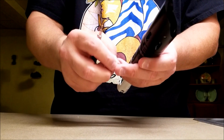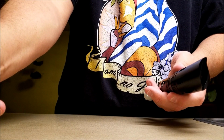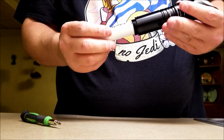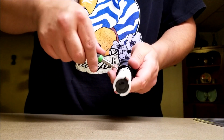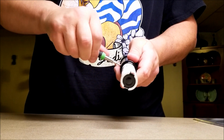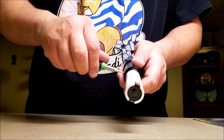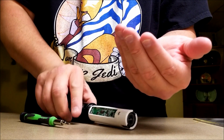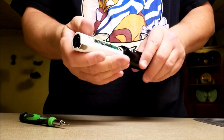I finished removing this screw by hand so that I don't inadvertently have the screw go flying, which sometimes happens. So, oh, there's another screw right here. Very smart. There we go. I like how they get these things really firmly locked in place. This one only goes out so far, so we'll just tap it into a hand. That one's a completely different screw. That one's for the bottom. Alright, now,